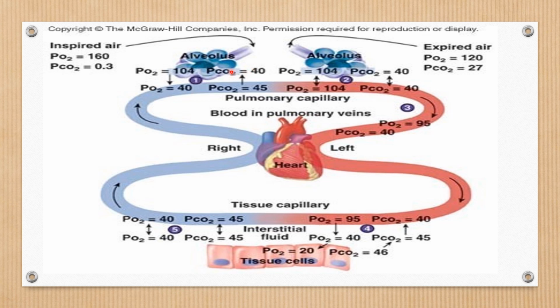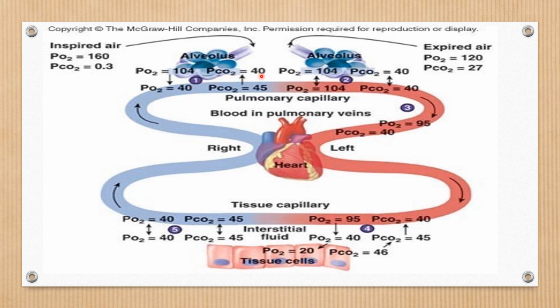And coming to the diffusion of CO2, what is the pressure gradient? If you see, the pressure gradient from the capillary to the alveolus is very small, that is 45 in the capillary and 40 in the alveolus. So the pressure gradient in the beginning is 5, and the time integrated pressure gradient for CO2 is only 1 mmHg, whereas for oxygen it is 11 mmHg. Here it is only 1 mmHg.